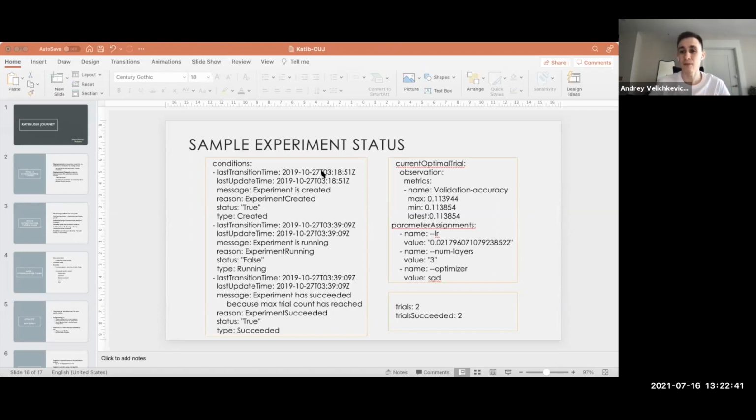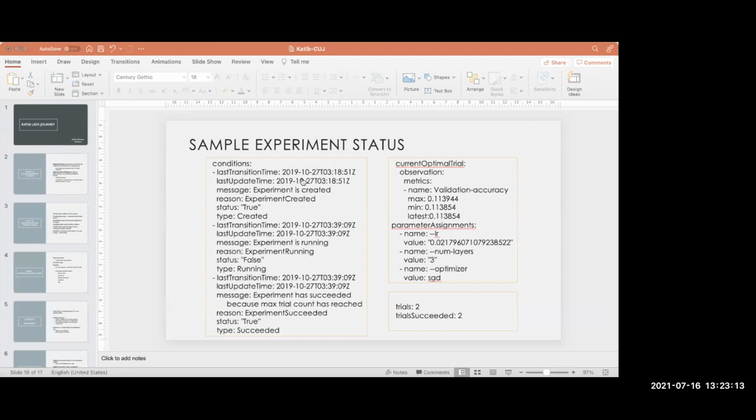Just to add, we have one issue about using Katib in the user namespaces related to the controller. I don't know if this is what the question was about, but to be able to actually deploy Katib isolated by namespace, not in the Kubeflow namespace. I can post this issue in the chat as well. But right now, as Jonas said, yes, you can definitely use Katib without admin privileges. You just need admin privileges to install the custom resources. In my demo, I'll try to show that so there will be more clarity on that.